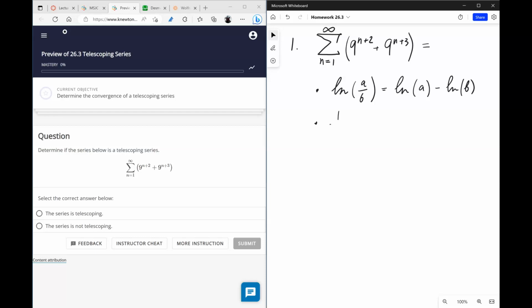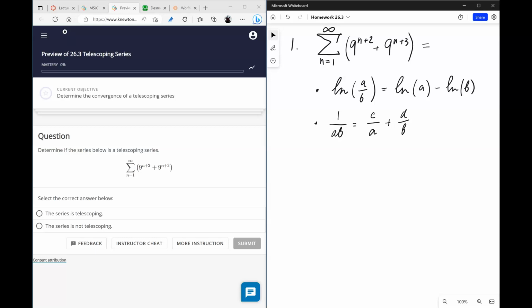The other one is fractions, where you can use what's called partial decomposition and decompose a product into a sum or difference of two fractions. Those are the two main patterns, and since there is no rule that